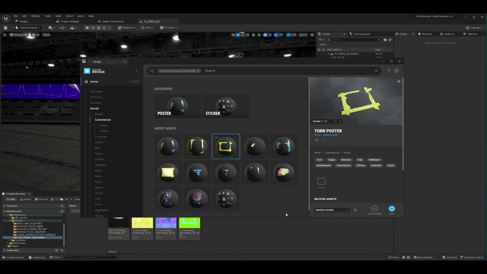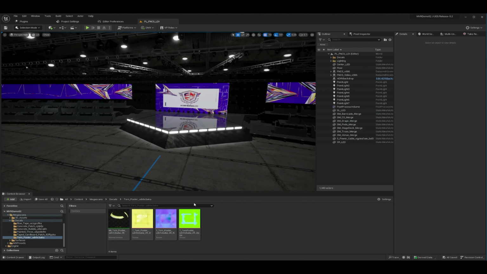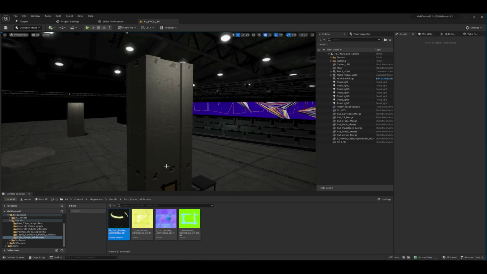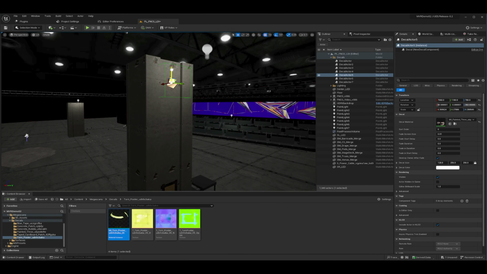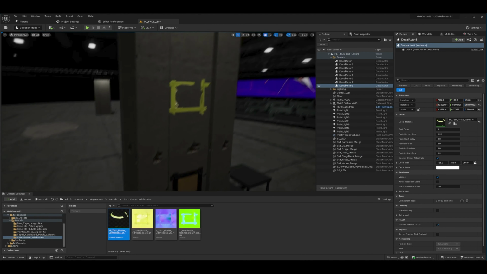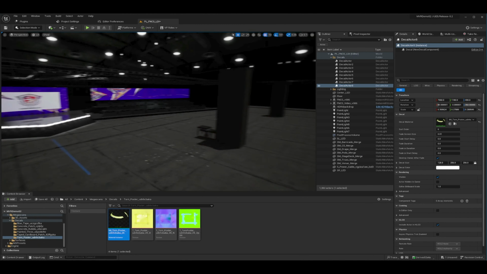I'm going to click add to add it to my project, and then bang, I already have this material in the project ready to go. So if I wanted to apply it to this wall in a different spot, I've already got a decal up here, so I'm just going to duplicate that one and move it down, and then apply this texture to it, and there we go. So now I have this torn poster that I can also apply to other sections.